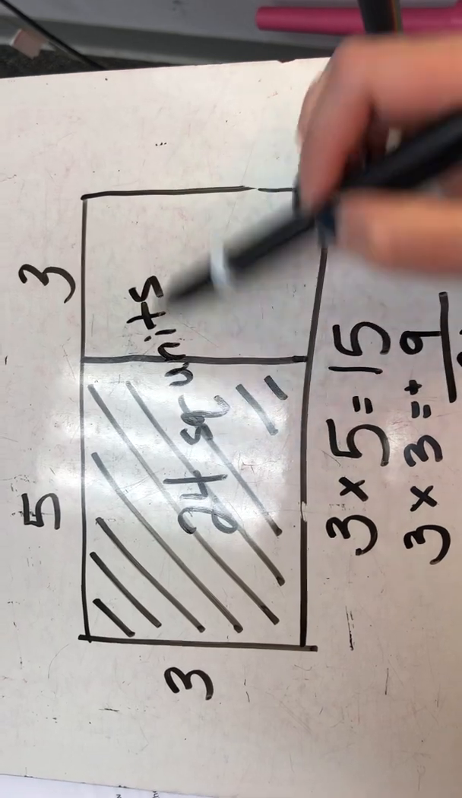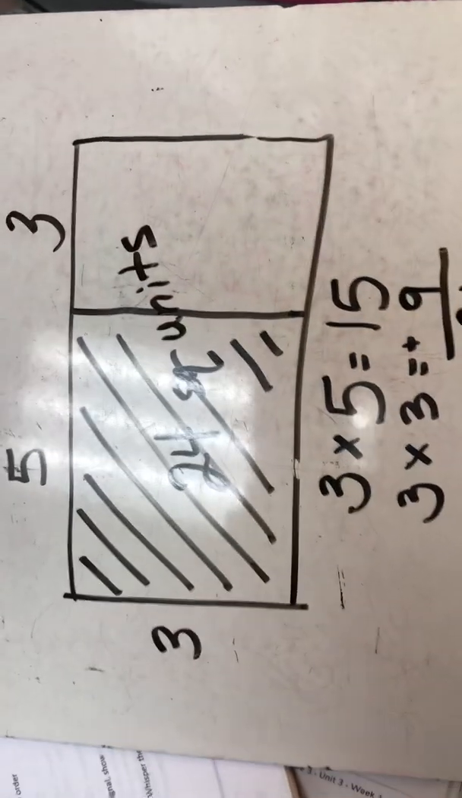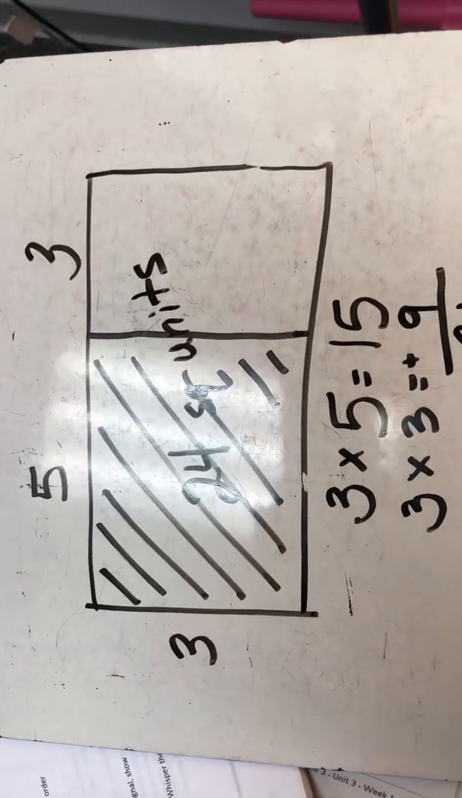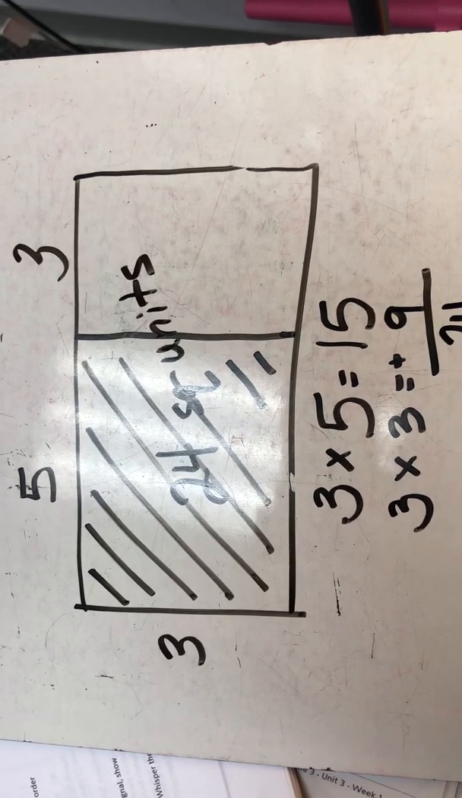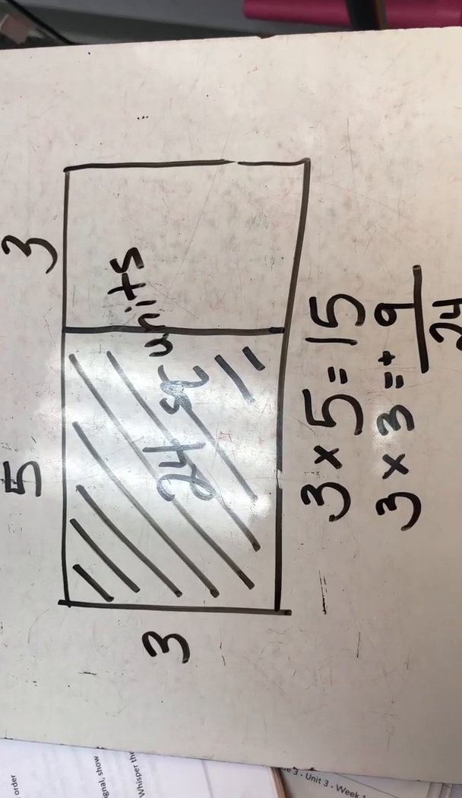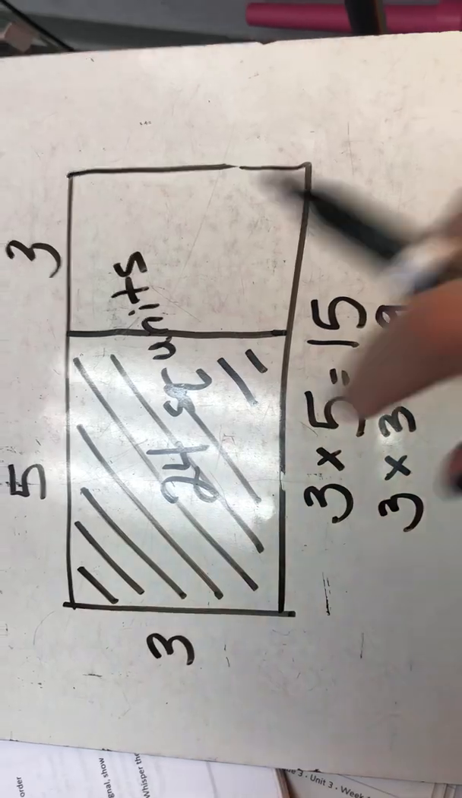Remember, it has to be square units because we're talking about how many of those little square units would fit on the surface. Like if I wanted to buy grass for my field, how much do I need to cover it? All right,